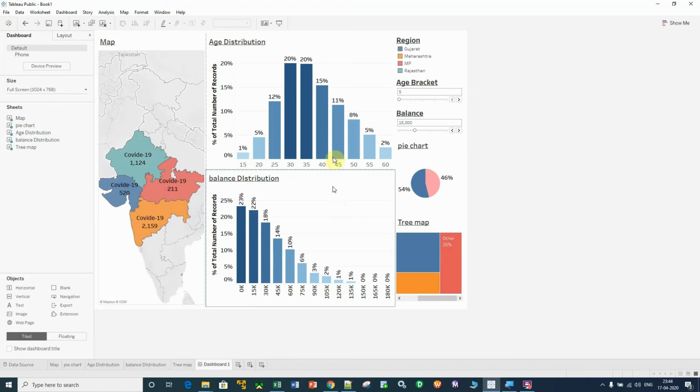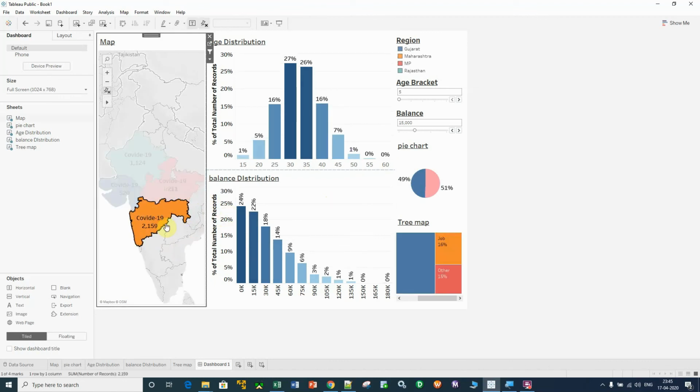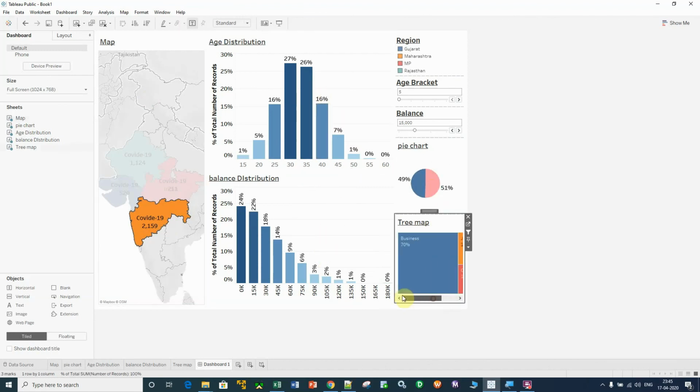So in that way, area wise or state wise, the government can do an analysis. Let's suppose they want to focus on Maharashtra, or they want to see the data for Maharashtra. Here there are more people, 2159 people are affected, and accordingly age wise, gender wise, or job distribution wise, they can see the data.